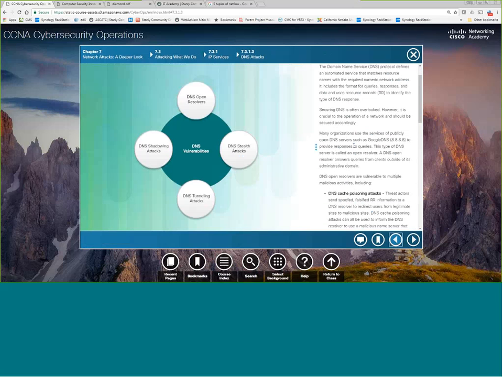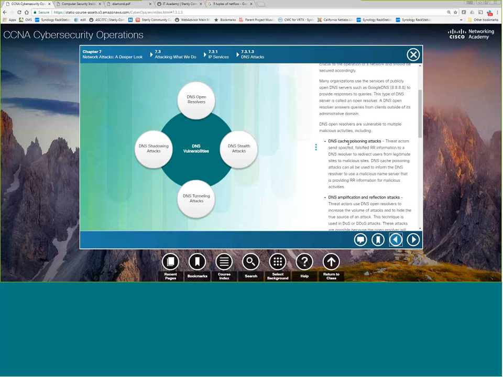DNS, I did know this. DNS is a massive security hole, by far. It's been one of the biggest for a while. What I cannot believe is that we still allow host files, because if I want to make a very simple hack, I just put something in the local machine's host file and send them to a google.com that is not google.com, it's my own site, and then I grab everything there, or I put Chase, or I put Visa, or whatever. But cache poisoning attacks is when you try to put in the wrong information to make people go to different places instead of where you think they're going.